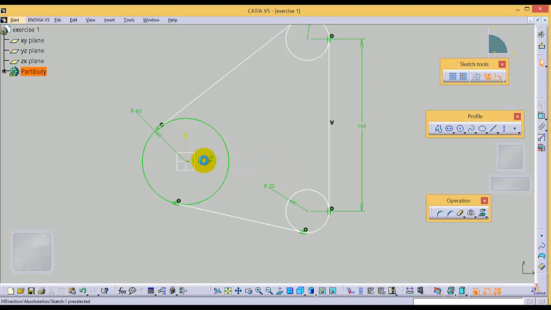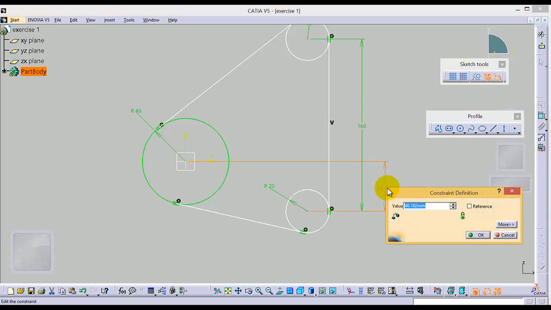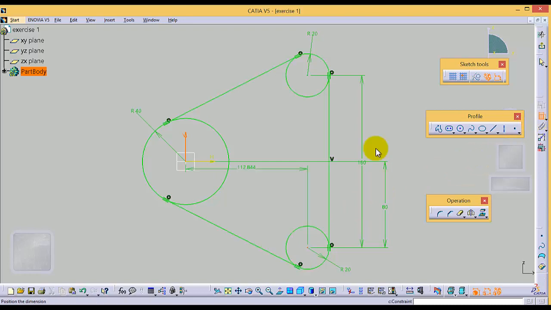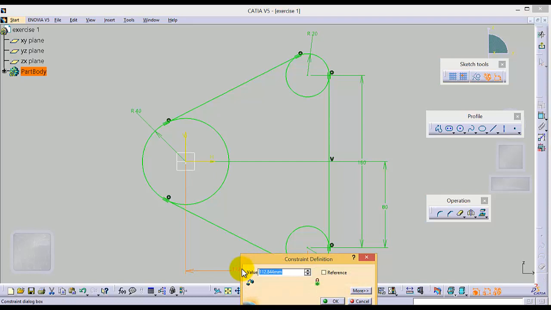I am going to select this reference line, press control and select this line and add the dimension. This dimension is given as 80, and then I am going to select this axis, press control, select this point and press the dimension constraint. This dimension is also given as 130,